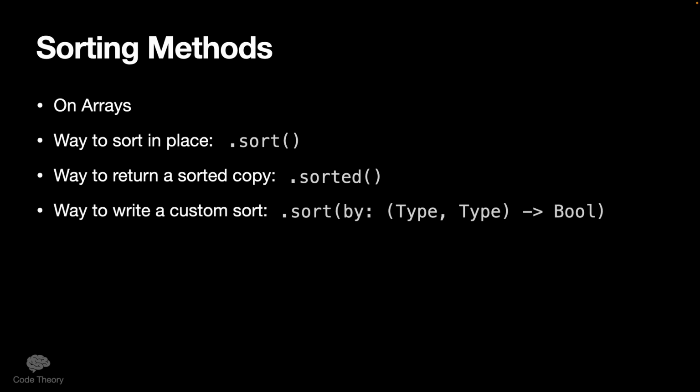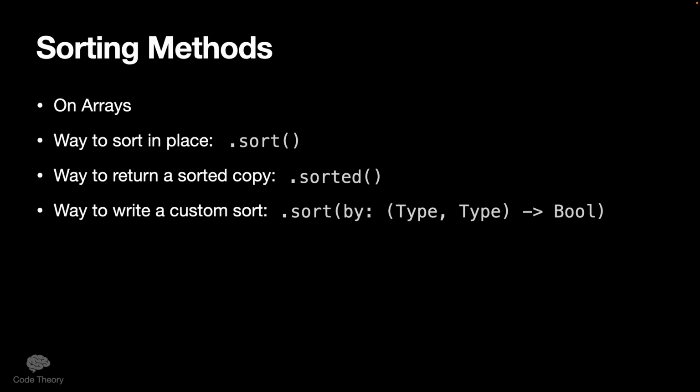Now let's say that you want to write a custom sort. Let's say you want to sort descending rather than ascending, or whatever the default is, you want to do the opposite, right? In order to do that, we have to use closures, because sort, the function, by the argument label, and